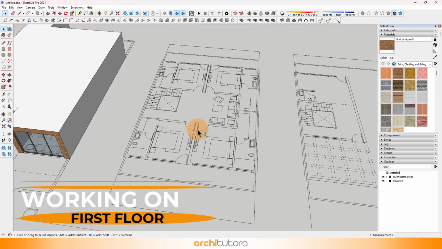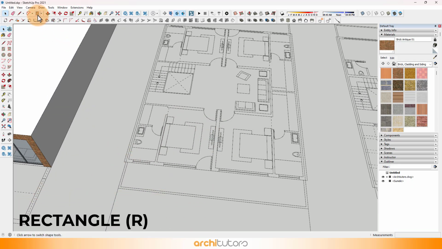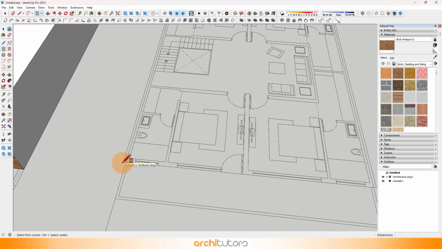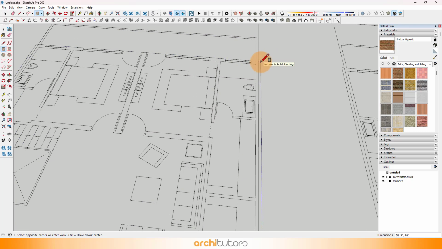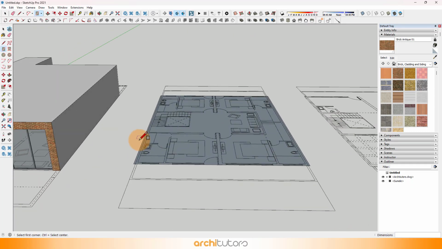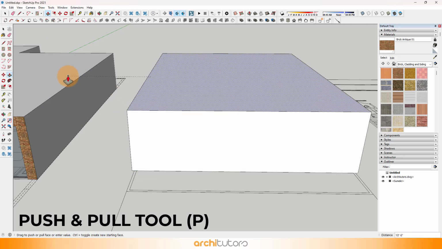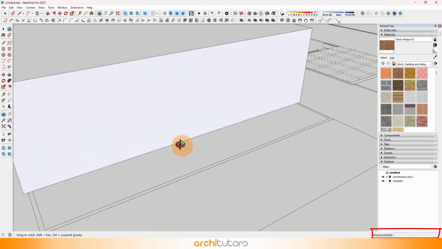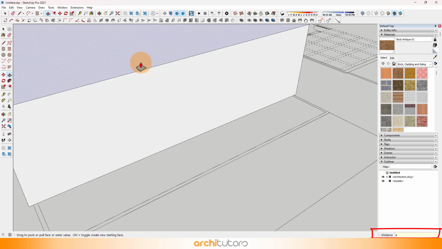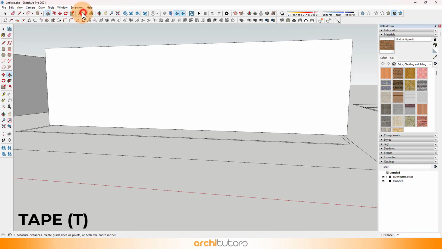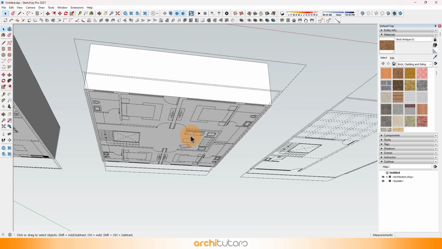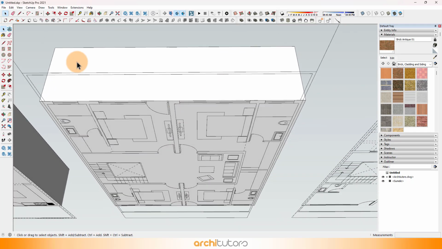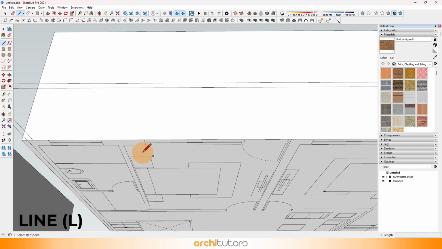Again, as we did earlier, use the line tool to create the surface and extrude it using push tool to make it into a volume. We can start modeling windows and door for this floor too.